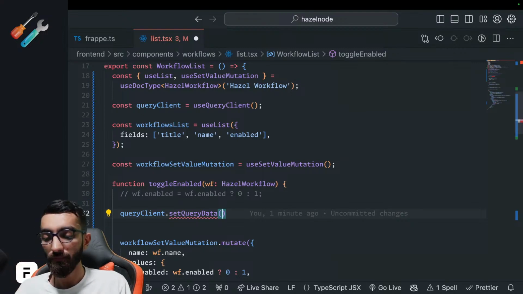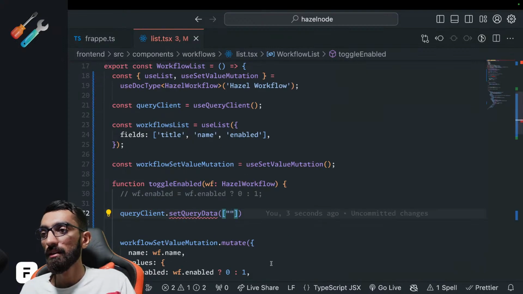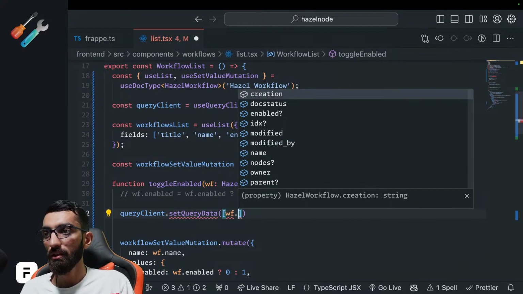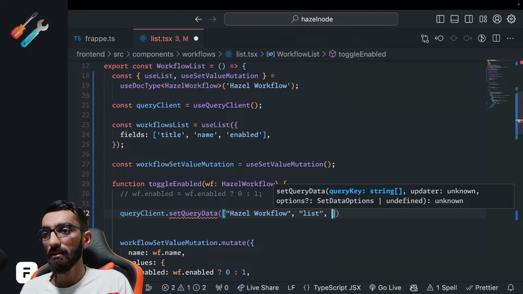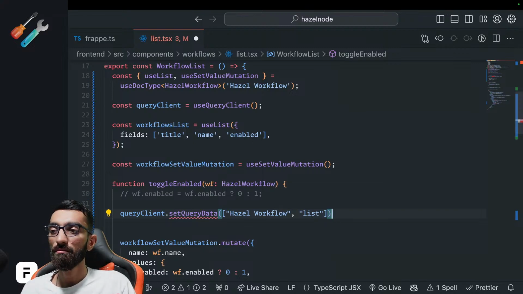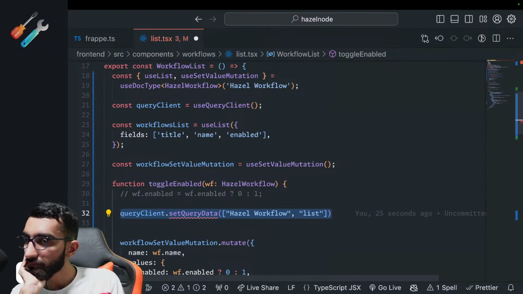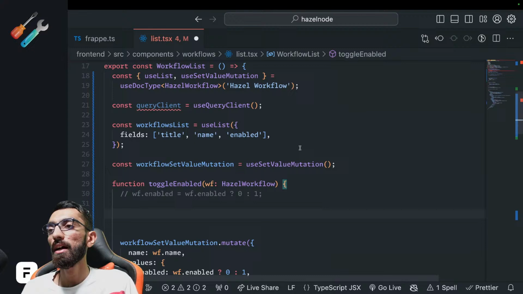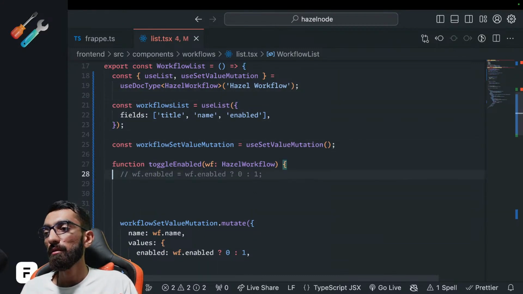So what could be done? Let's do it for now. We won't worry about that. So this is doc type, right? So wf dot, it will be Hazel workflow. We want to update the list, and the params will be these fields. I'm not sure this is the right way to do it. Let's go back. Let's not do this. And probably what we can do is,